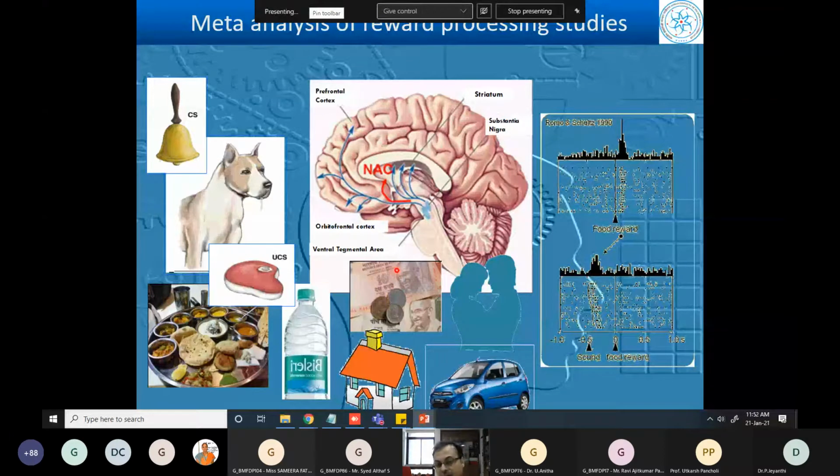And the brain area that corresponds to this is the midbrain dopamine neurons. Again, this is something very well known in popular science. Dopamine is the pleasure center of the brain. Just like if the bell was predicting a piece of meat to the dog, the dopamine neurons will activate to the bell. That is how it works. This is known as associative learning. You're learning the association between a neutral stimulus like a sound and something biologically significant to you, like food.